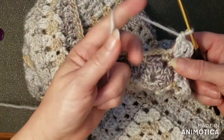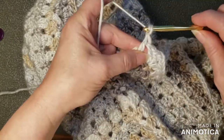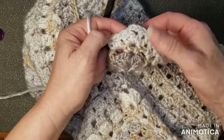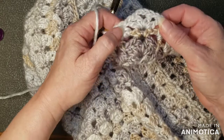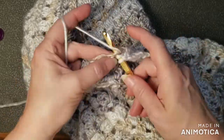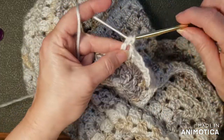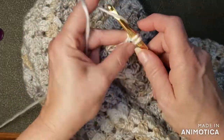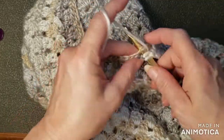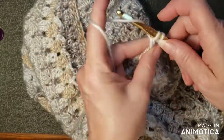you do your V-stitch in your chain 3, and when you come to the corner, you will do 2 V-stitches in the corner with the chain 3 separating them. So this is why I like this blanket, because this is 3 rows of easy to remember, easy to look back, and using a yarn that changes color like this, you don't even have to use your mind to create